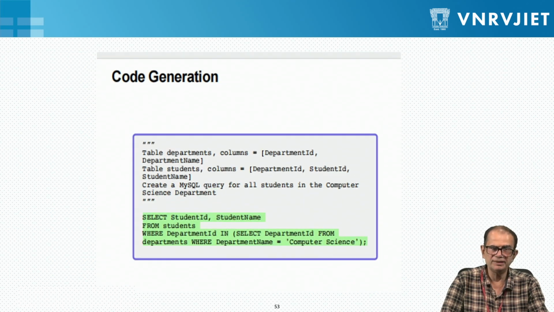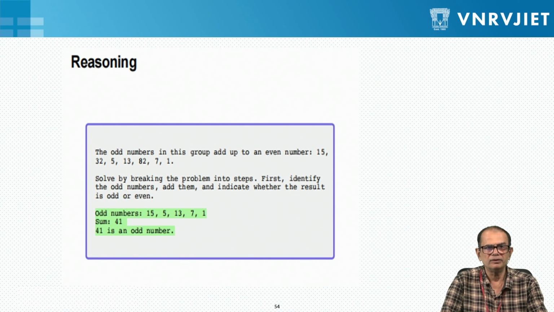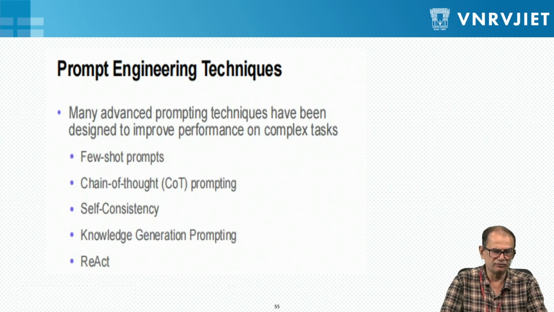The prompt can also help us generate code. Suppose we want SQL code and we give the right prompt, then the generated code will be in SQL form, and we are done by giving the right prompt. Also, we can give the right reasoning and the prompt will do the work for us and the output will be generated.